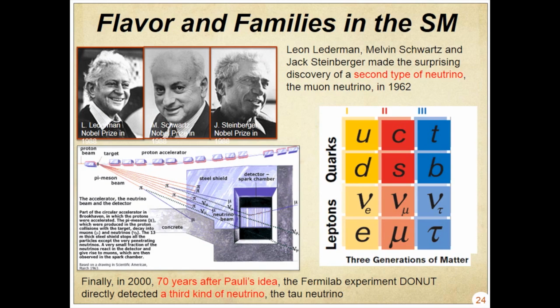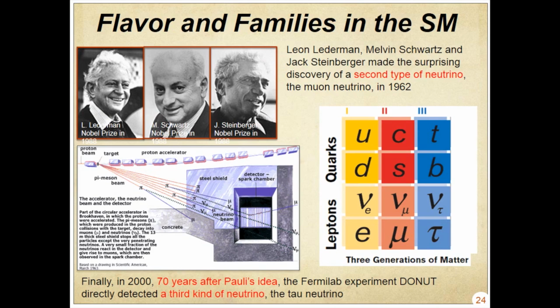And it's very simple to understand why. When the neutrino interacts, I told you it made an electron, or actually the antineutrino made a positron. Neutrinos always interact with their charged cousin, right? So a second source of neutrinos was made, and it kept making muons. And so that was the evidence that these were different. Okay.